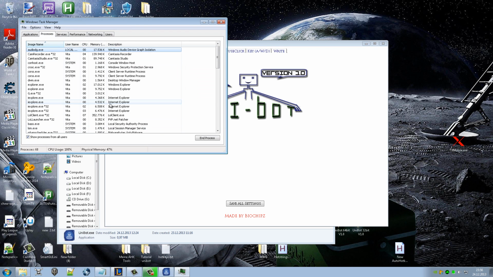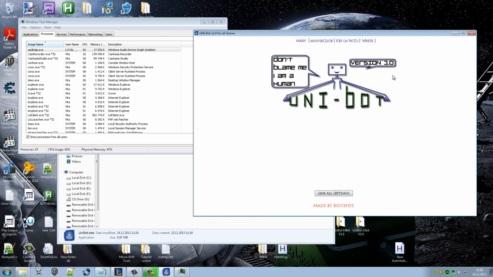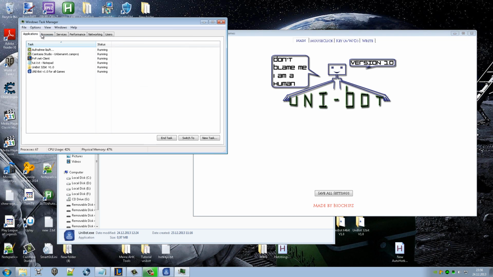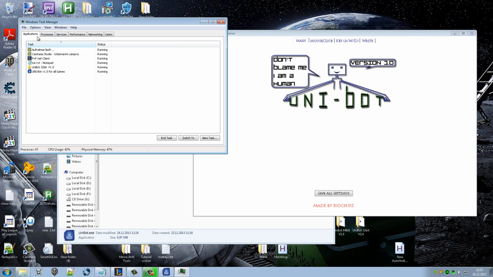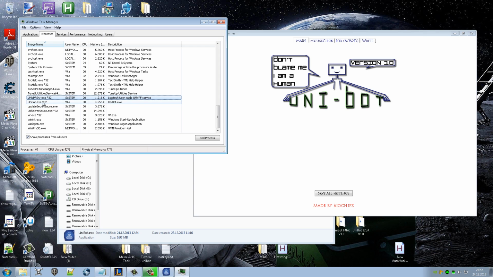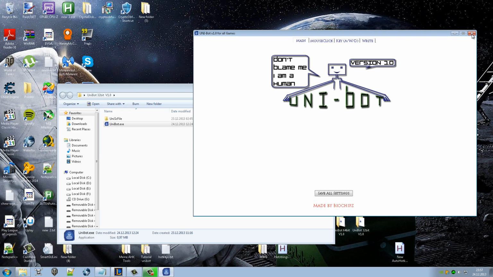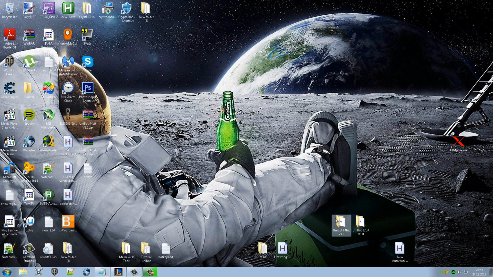So this is the task manager, and you see this is the wrong version for my Windows system. The bot will work, but it is not hidden. I see it here in the processes. You can see it. It is not hidden. But if I take the right version, I close it. Okay. So if I take the right version for me,